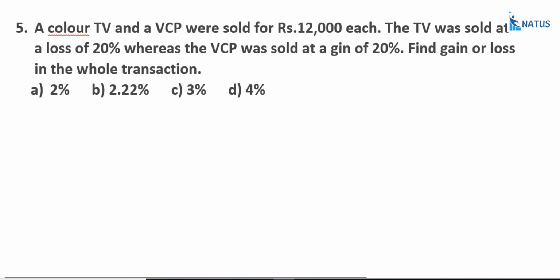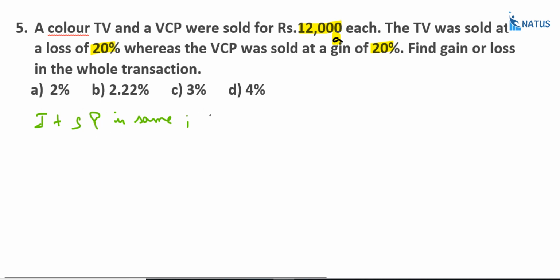A color TV and a VCP were sold for 12,000 rupees each. So the selling price of the two articles is the same. If the TV is sold at a loss of 20%, whereas the VCP was sold at a gain of 20%, find the gain or loss in the whole transaction. See, here one technique is there: if the selling price of two articles is the same,